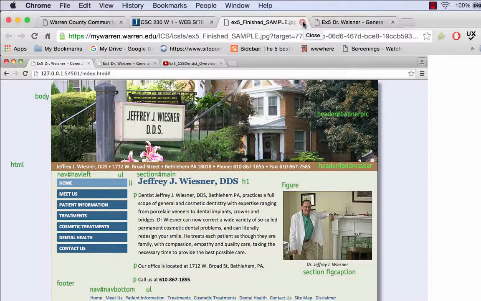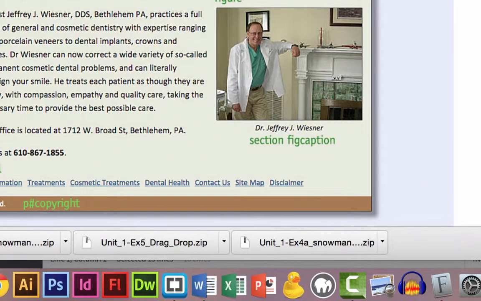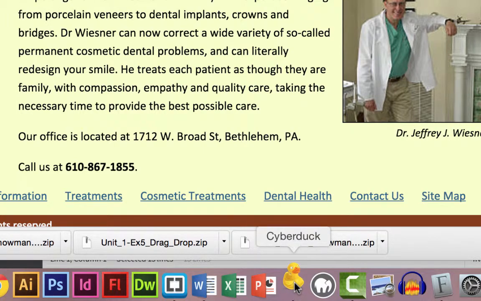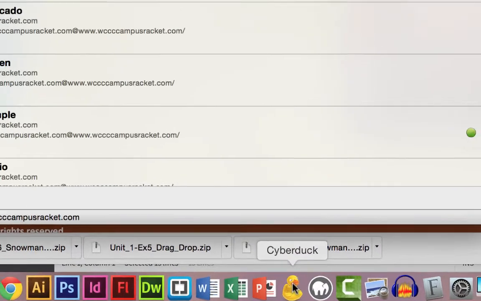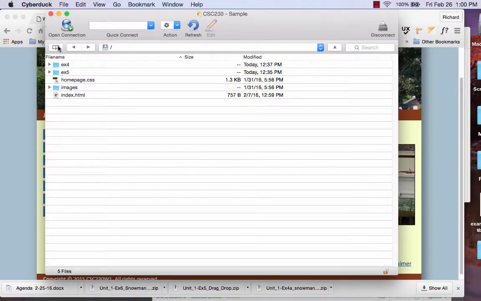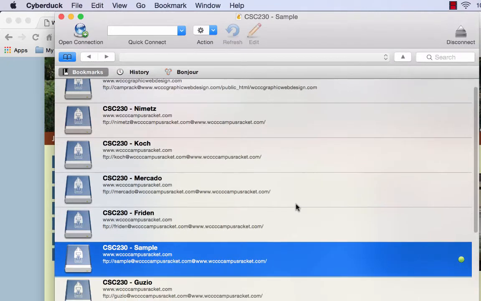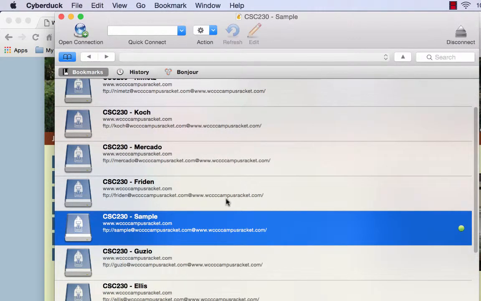Now what you're going to be doing, just to give you the beginning steps as well, is you're going to be launching CyberDuck to start. So I'm going to go launch CyberDuck. And there's my CyberDuck. And if you see all these bookmarks here, I make bookmarks for yours too, so that when you say you're having a problem in CyberDuck or whatever, I could double-click, see your directory,